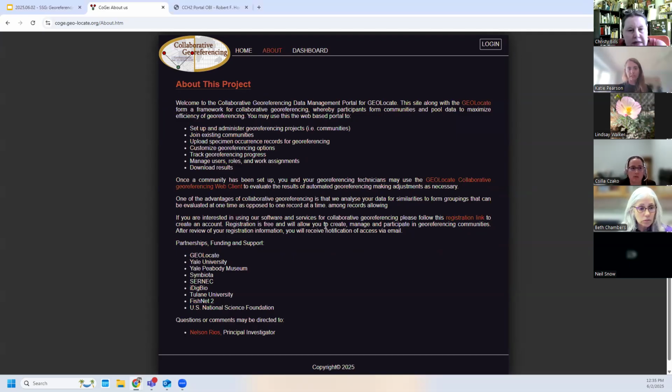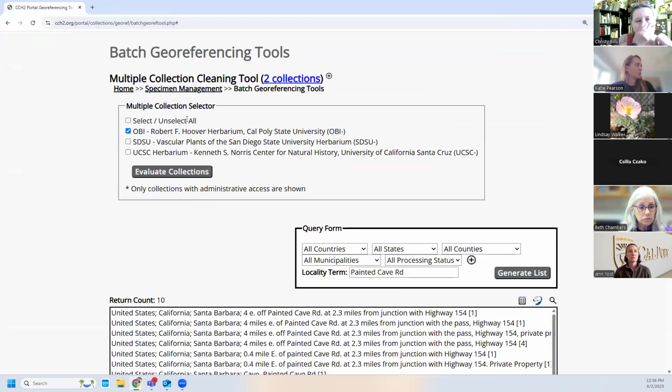So if you had friends, colleagues who manage in some other database and don't have it in Symbiota, they could put that data into COGI, you could put your data into COGI, and then you'd be able to georeference it's like batch georeferencing across multiple different data sets, even if they don't live in the same Symbiota portal. I'm not going to go into extreme detail about this because there's some good resources out there where you can learn more, but I will show you how this relates to Symbiota portals